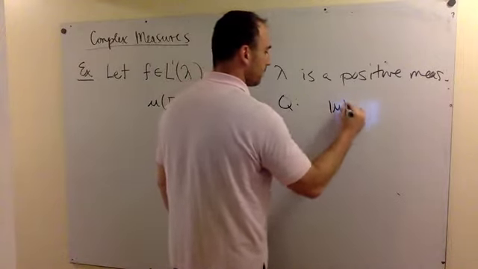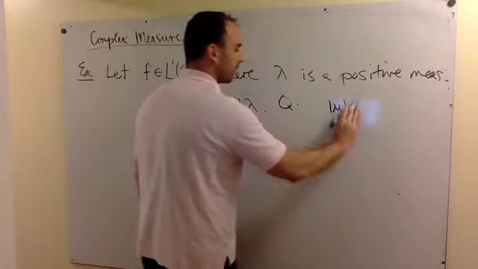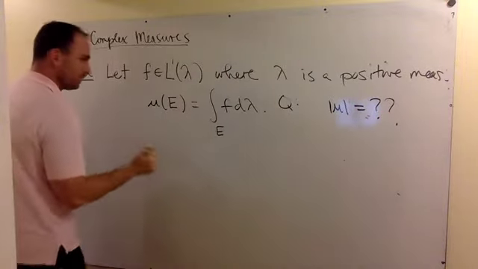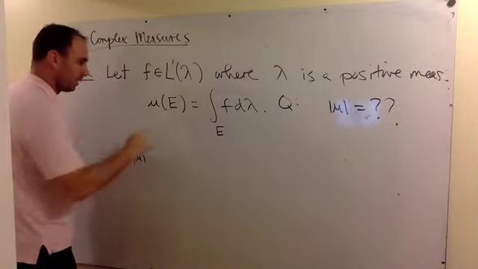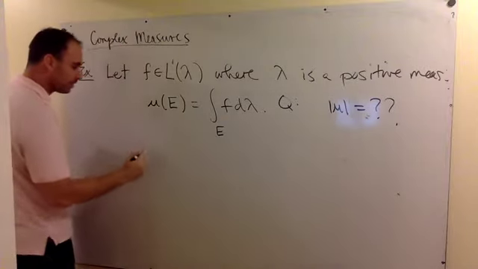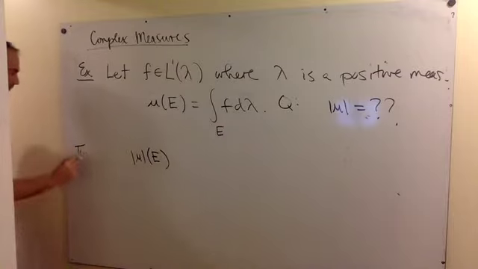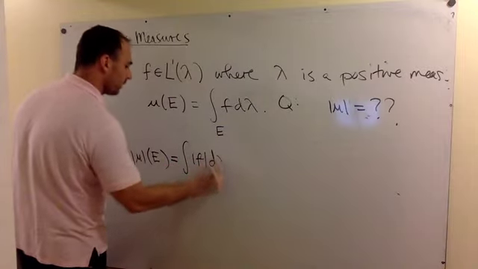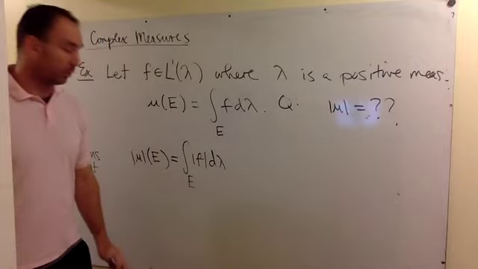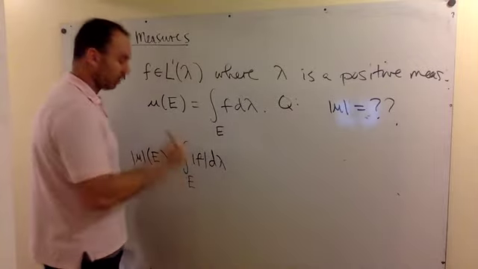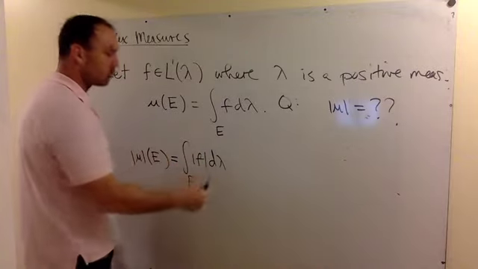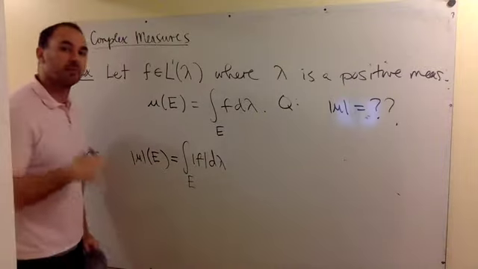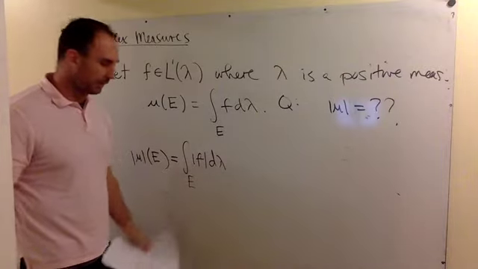what does this equal? How do we describe this measure? Well, this is pretty easy. It turns out that mu is given by integration against f. The total variation of mu is, so it turns out, of course, the modulus of f. And this is really easy to prove. So you can get an inequality one way by looking at the partition where f is positive and negative. And then you can also get another inequality the other way by just pulling the absolute values inside. Try to prove this yourself, and then if not, go to the notes. I've actually got it worked out there. Okay, so